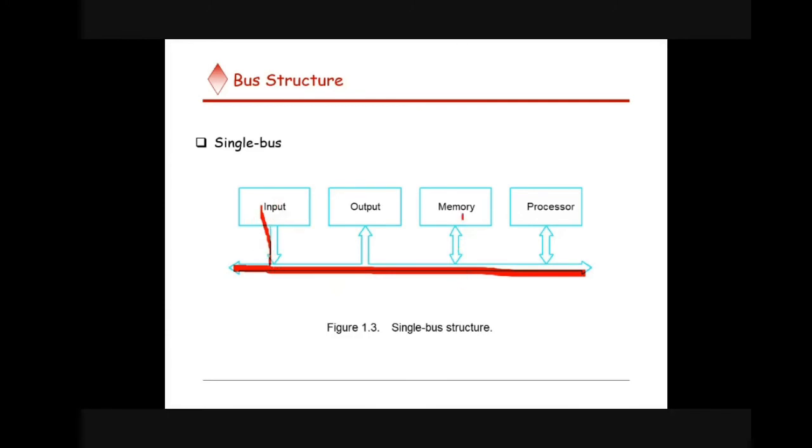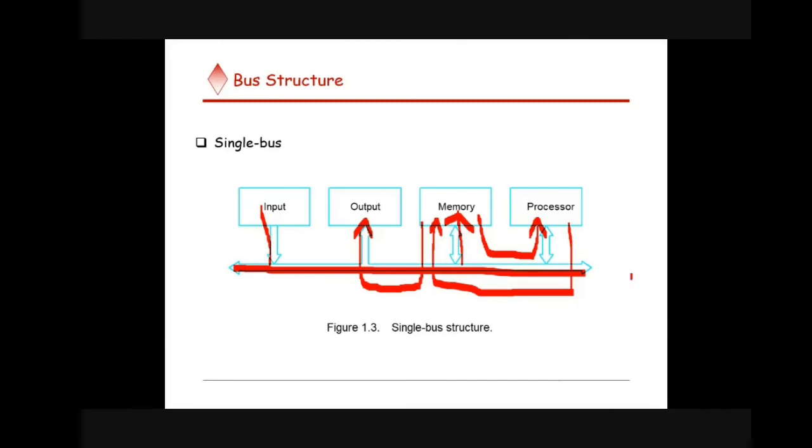That result should be stored where? It should be stored in the memory. And once it has been stored in the memory, from memory the processor should take the data. And once this has happened, then the processor should write the calculated result in the memory, and then from the memory the output unit takes the data and displays it to the user. So this is the complete thing.